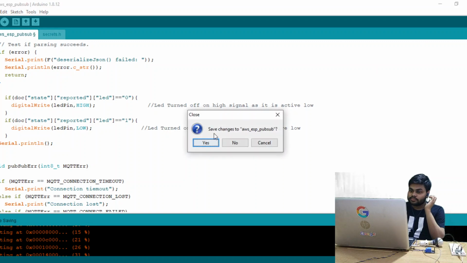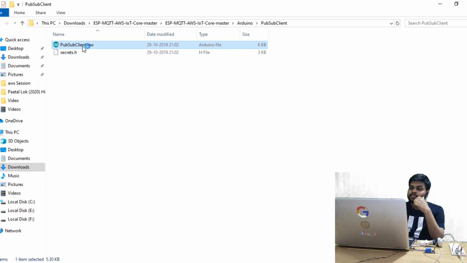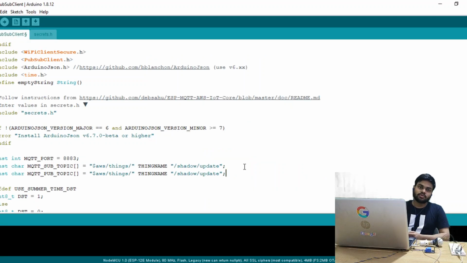So simply open it. So before writing the Arduino sketch, we need to understand the architecture, and I have already discussed the architecture.